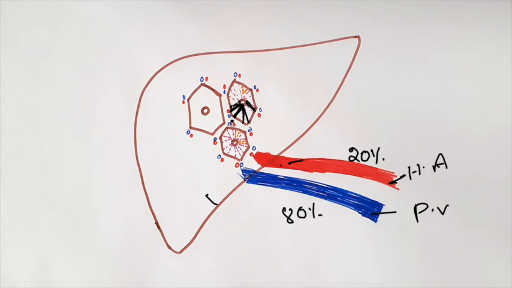At its corners, we see the portal triad. Triad means three structures: hepatic artery, portal vein, along with the bile duct. So this is the sinusoid, and these are the hepatocytes. The gap between these two is known as the space of Disse. The space beside the line of hepatocytes is known as the bile canaliculi. There we see the secretion of bile from these hepatocytes, and the bile flows in that space. From here it goes to the corners and drains into the bile ducts.